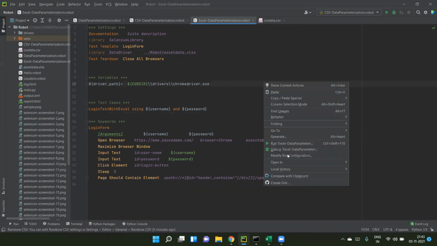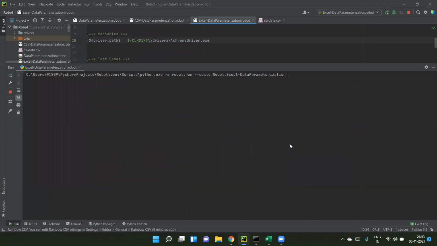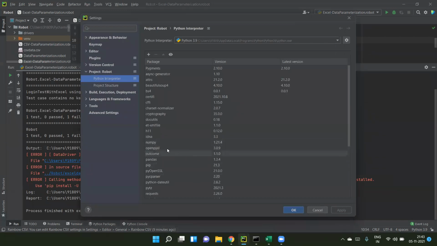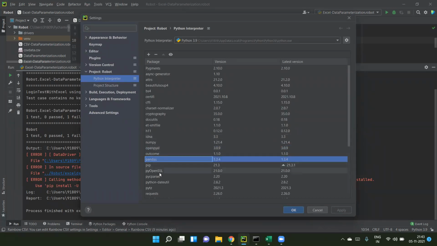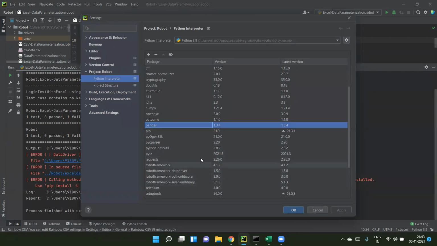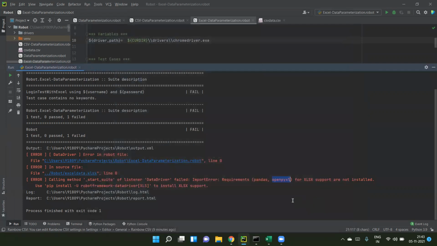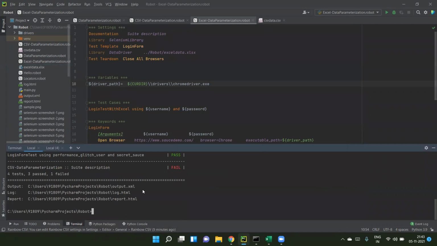We will try to execute from the same PyCharm. Here you can see we are getting an error: data driver pandas OpenPyXL for XLS support are not installed. But if we go to the interpreter settings, you can see OpenPyXL, pandas, robot framework and other libraries, data driver, everything, already installed. But it is telling us it is not installed. So it might be a problem with some internal PyCharm plugins. Let's see, we will execute from the